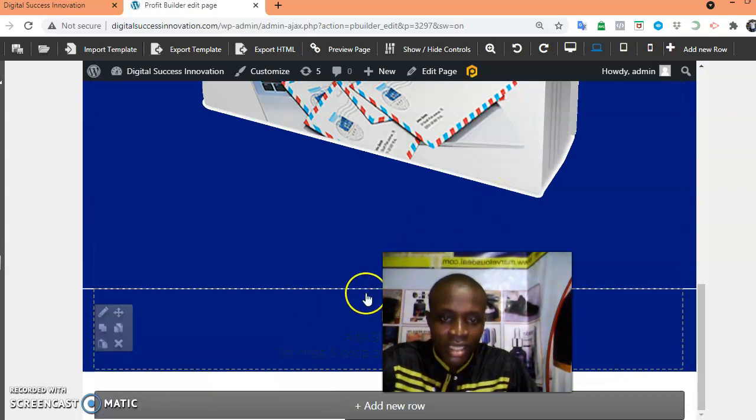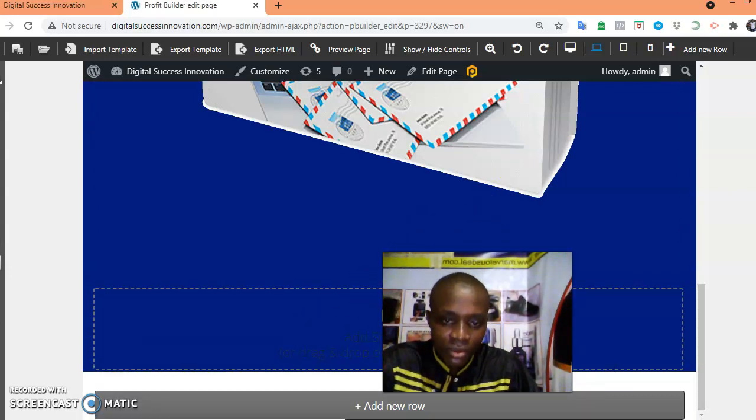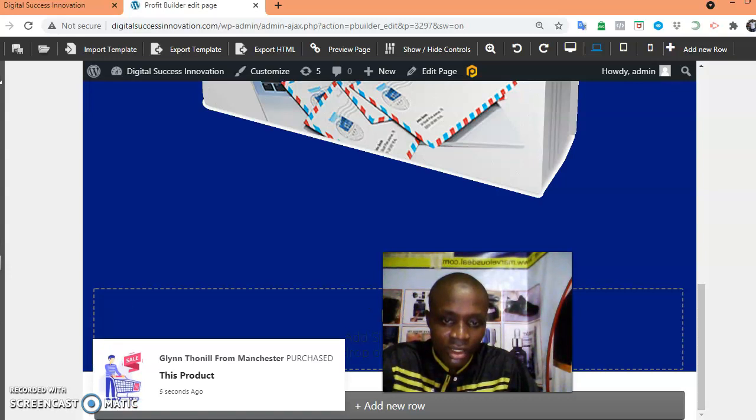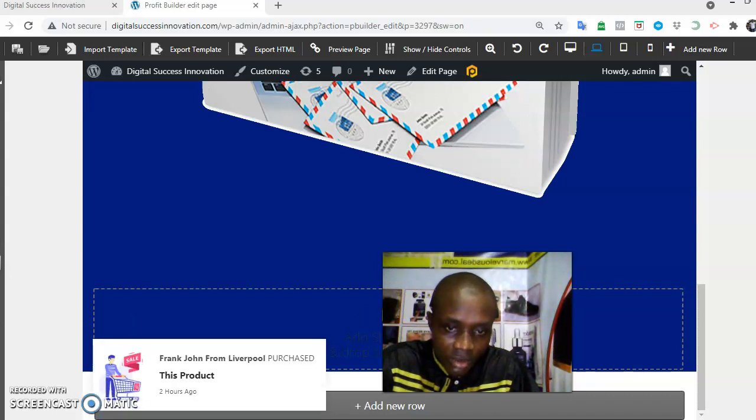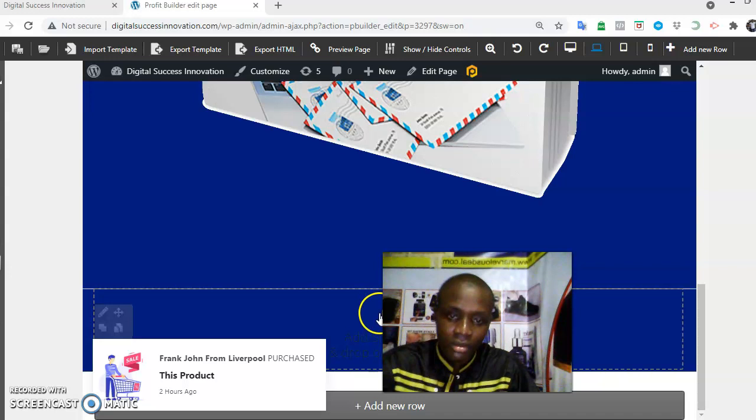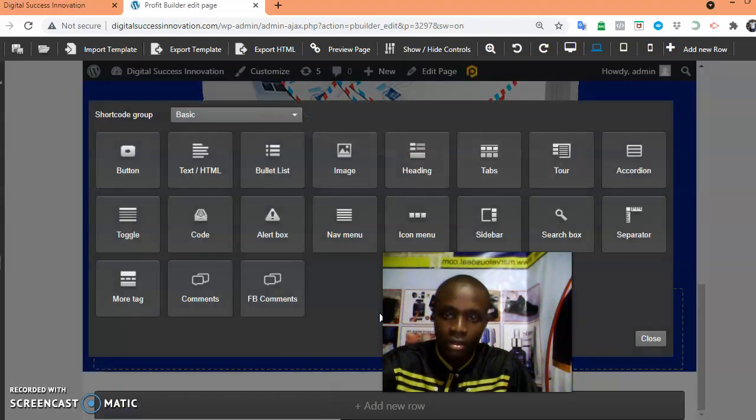Now for us to add in our opt-in form, now we need to click on this plus button, on this plus icon. Awesome. So we need to look for our opt-in form now.